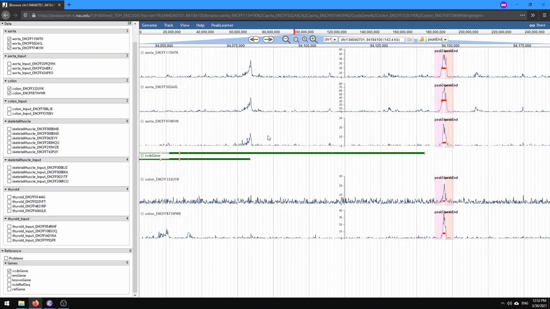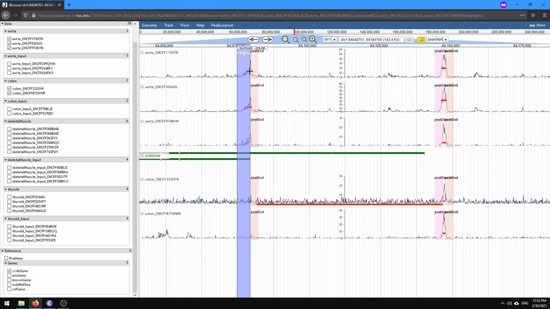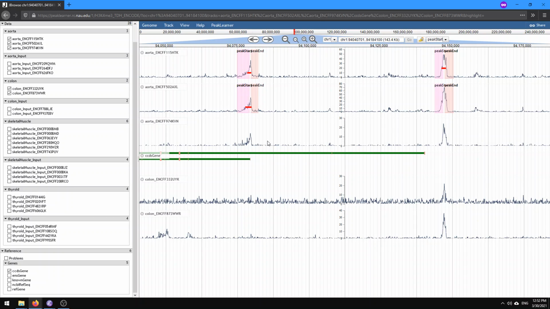So what if we wanted to label this other peak on the left here, which is only present in the 3 aorta samples and not in the 2 colon samples? Well, we could do it the same way. Again, clicking the highlight button and then dragging here at the end first all the way to the top. And then again selecting peak start, highlight, dragging from before the peak all the way to the top. And now you can see that we've added the labels for the peak which is only present in the aorta